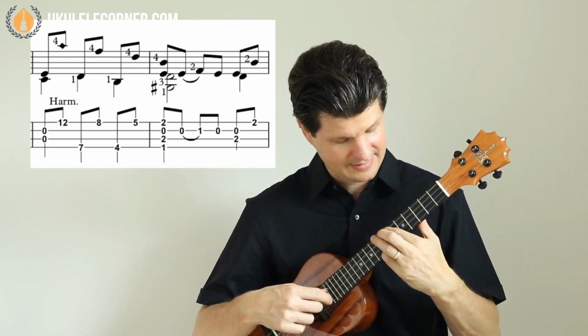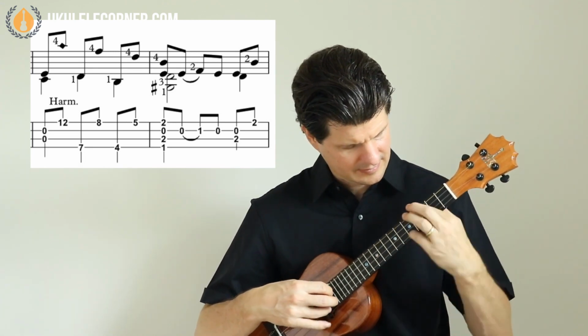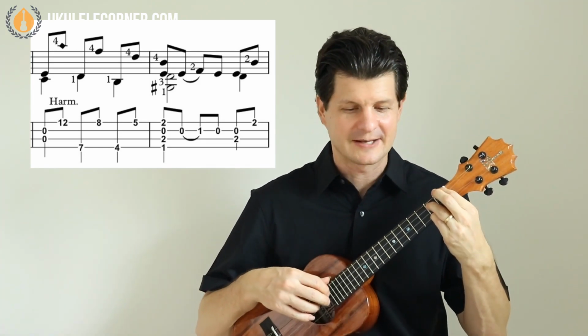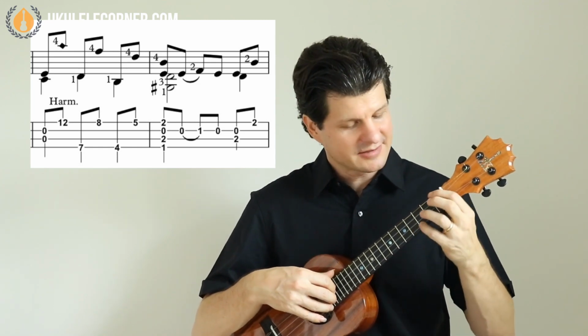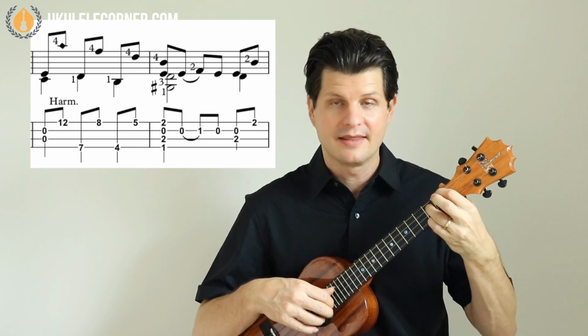To practice that, it's really fun to do, and it gives you a great amount of sustain. I love that part of the piece. It's very dramatic. Then after that, when we get down here, we're gonna end up back again at our E7